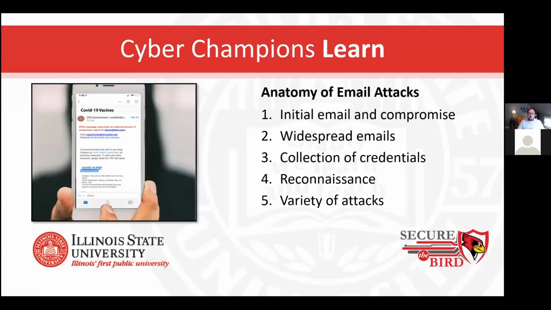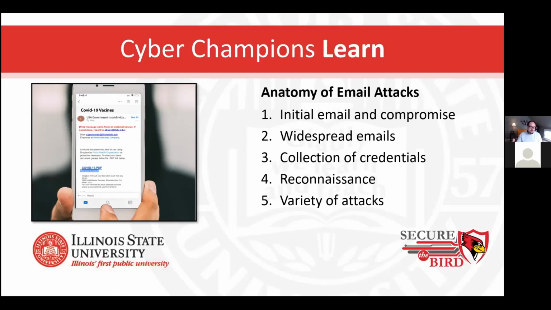So off the bat, just real quick for some insight. Email tends to be one of our biggest challenges these days for attacks. They're very effective against the higher ed community. They are also very low cost for threat actors to execute on. And it's very hard to prevent in terms of the technology and solutions, because the messages will look very similar to legitimate messages, and we don't want to block those.